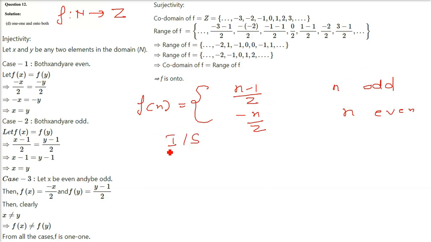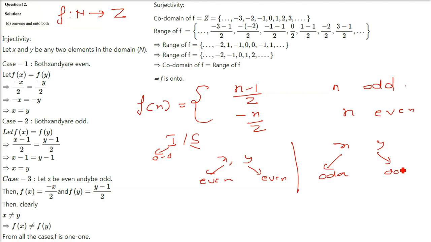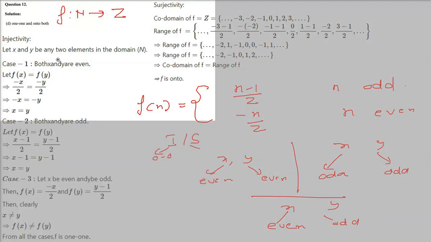So in order to take the injectivity, it has to be 1 to 1. Surjectivity, every y should have a pre-image x. And there will be even, odd. Okay, so you are bound to make cases. So x and y. First time we will assume x as even and y as even. Case 2 will be x is odd and y is odd. Case 3 will be x is even and y is odd. So these are the multiple ways the cases will be made. I'll show it to you here only.